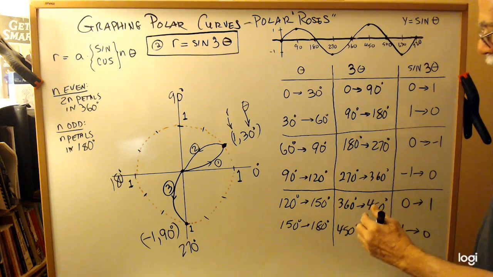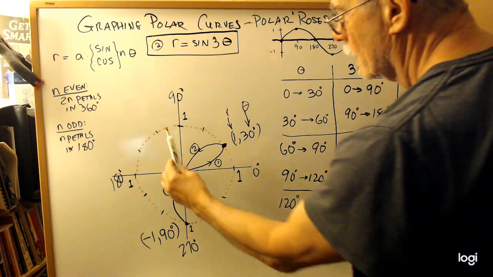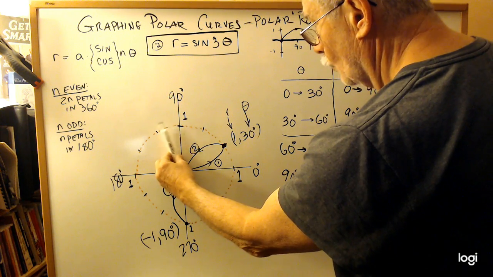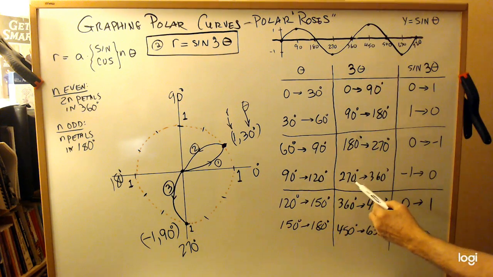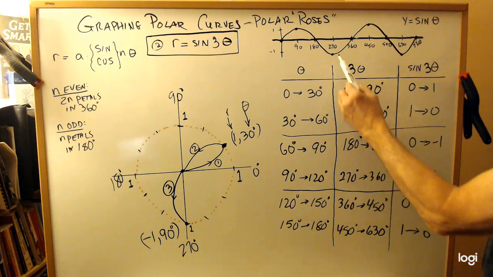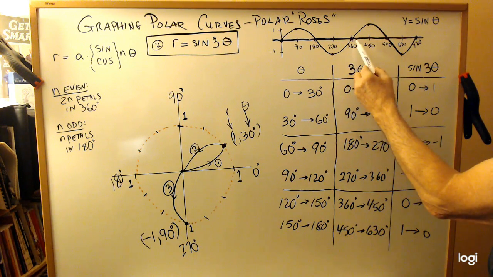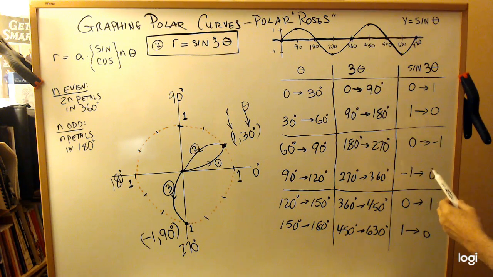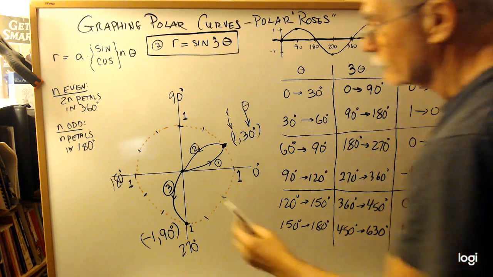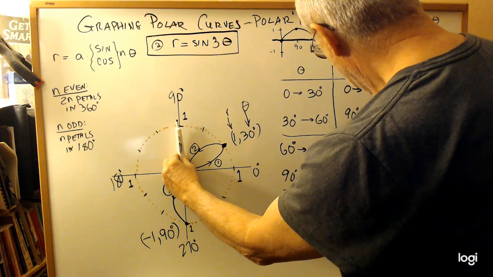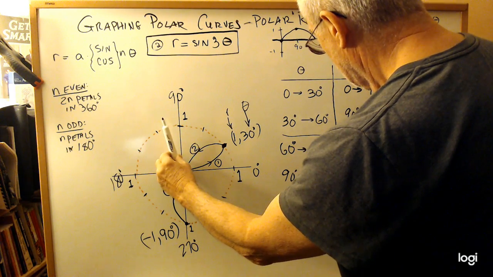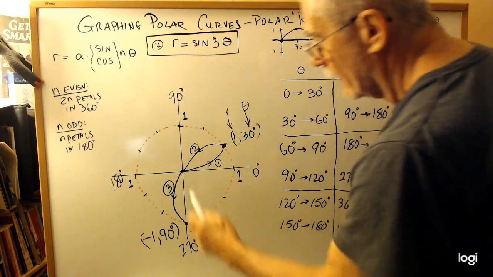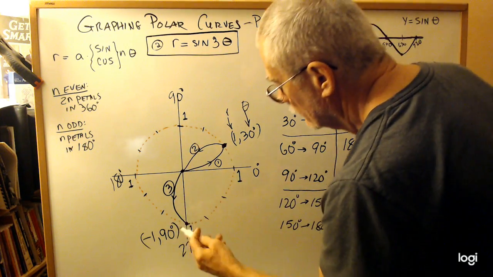Okay, and now as we go from theta is 90 to 120, okay, 3 theta is going from 270 to 360 through negative values. All right, so it's going through negative values. So therefore, if we're here from 90 to 120, we're going to be in this region, negative values, because it reflects back. All right, so if I can